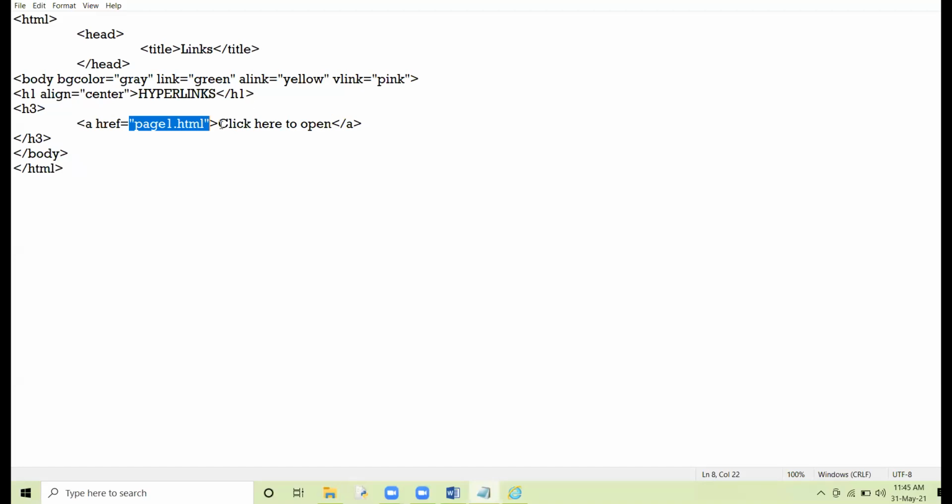This is your hyperlink. In your board examination, when you will get the web page, there in the instruction, hyperlinks will be given to you. Right? Now, for time being, I just remove all these colors.